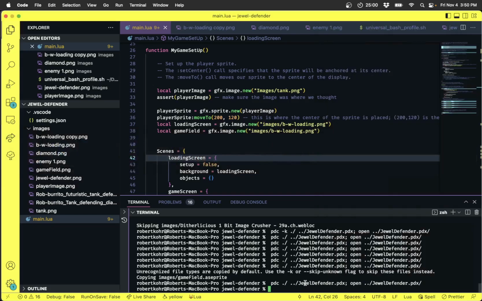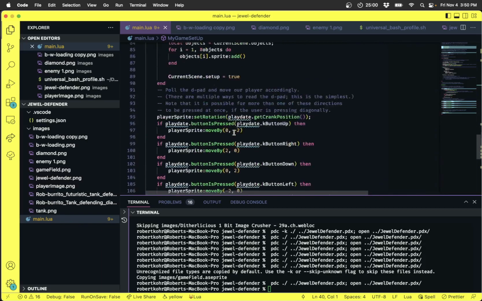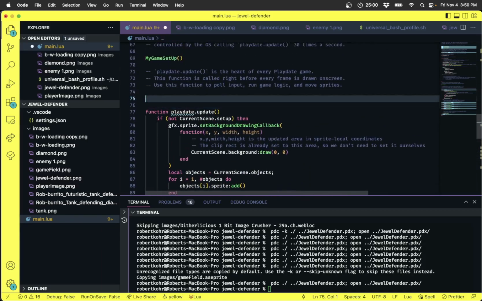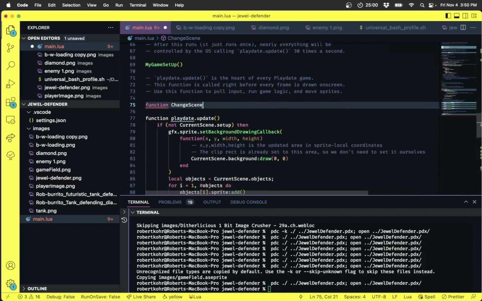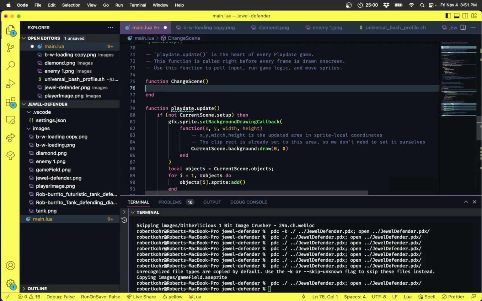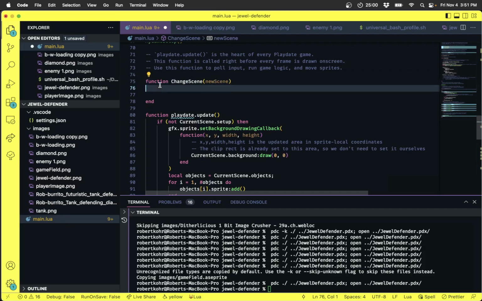So what we want to do is change scene. So let's create a function, change scene. And new scene. All right. So to do that,